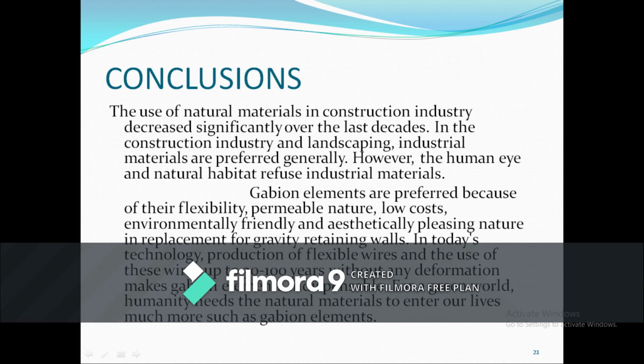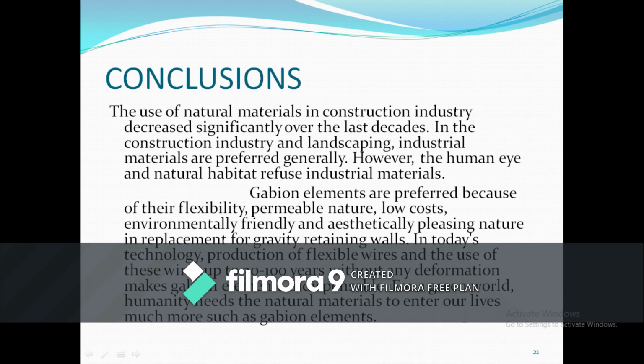The main thing is that Gabion elements are preferred because of their flexibility, permeable nature, low cost, environmentally friendly and aesthetically pleasing nature, in replacement for gravity retaining walls.